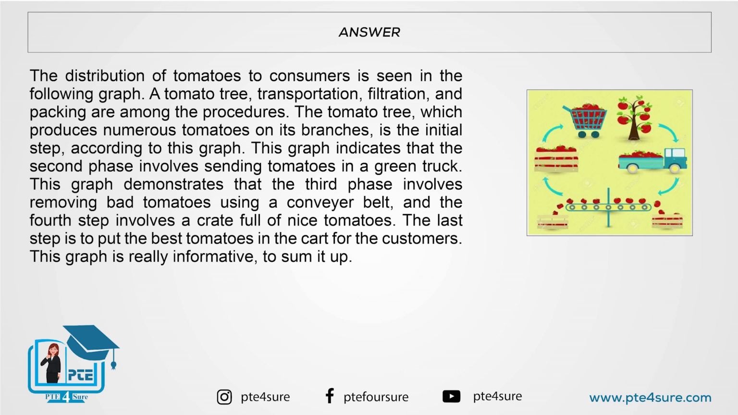The distribution of tomatoes to consumers is seen in the following graph. A tomato tree, transportation, filtration, and packing are among the procedures. The tomato tree, which produces numerous tomatoes on its branches, is the initial step, according to this graph. This graph indicates that the second phase involves sending tomatoes in a green truck. This graph demonstrates that the third phase involves removing bad tomatoes using a conveyor belt, and the fourth step involves